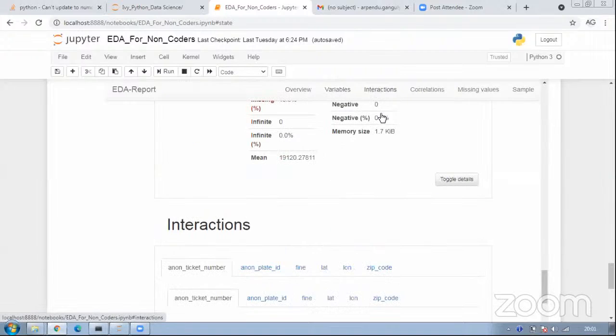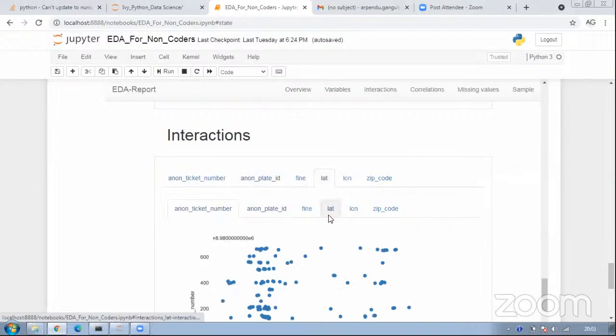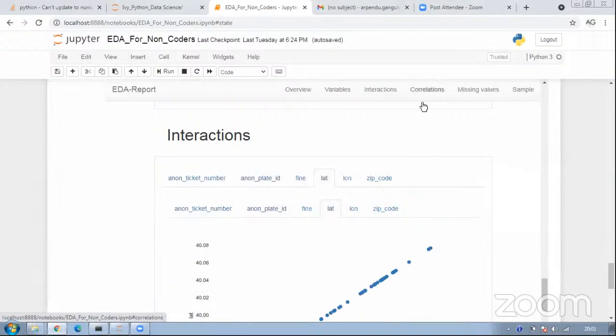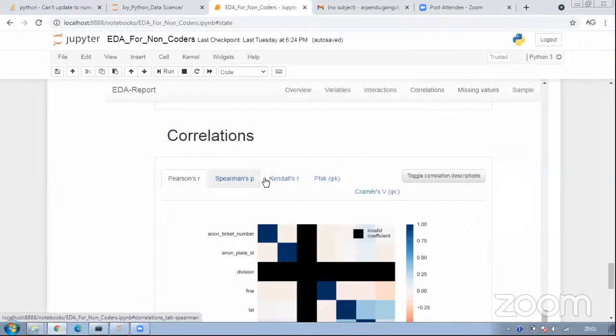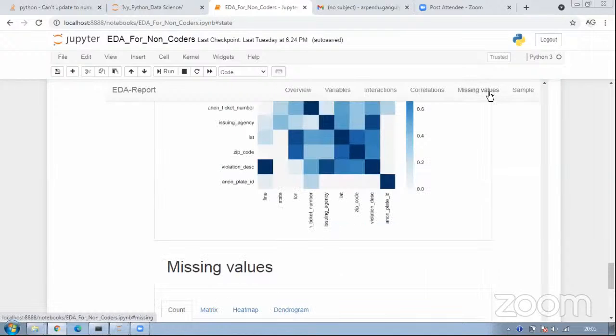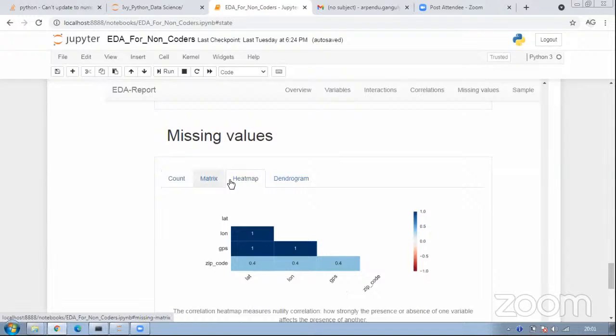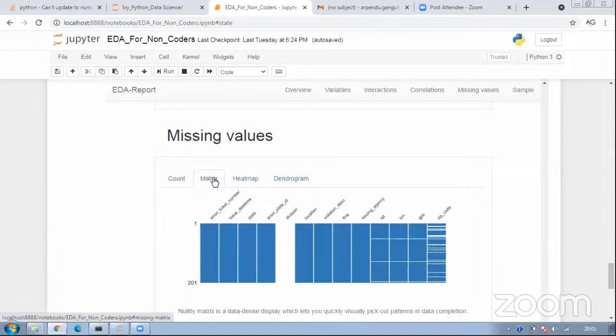I can also have the interactions; instead of this, I can select these ones, which is a different way of selecting. I can also have the correlations: Pearson, Spearman, Kendall's, and another one, Phik. And again missing values, where we have heat map, dendrogram and matrix. It's a beautiful way of presenting missing values.